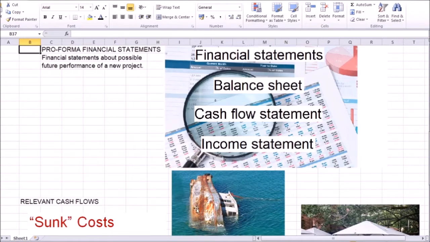It's easy to think of it as a ship that has been sinking, and it's now sunk. It's gone, so just forget about those costs. They cannot be recovered. For example, let's say your company is considering a new project of investing into a new factory in Japan. Before that can be done, perhaps the company wants to research the market and pay a market research agent for the work of running around Japan and studying possible future demand for your product. Whatever the results are of that market research, whether the company decides to go on with the project or not,